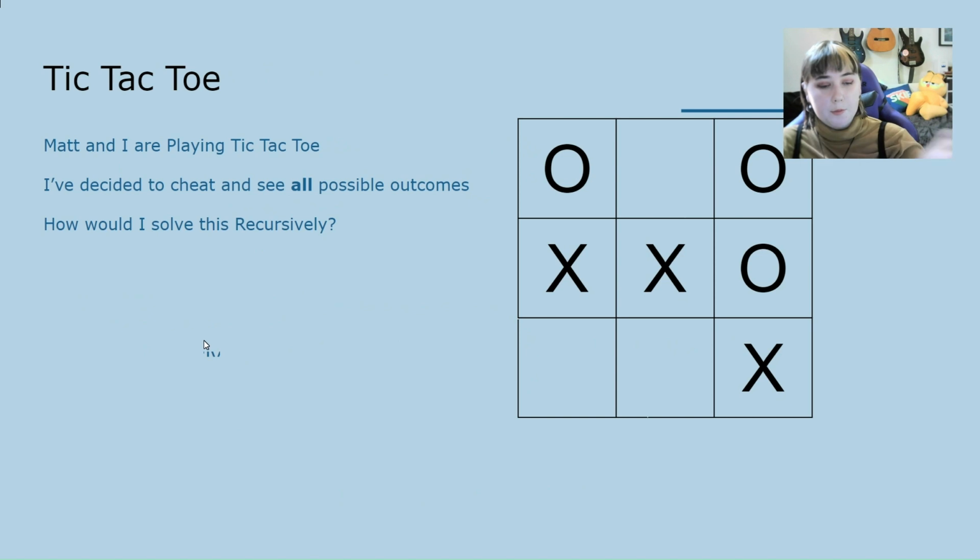I've decided, this is our board so far, I've decided to cheat and see all the possible outcomes, and how would I solve this recursively? So we're going to write a bit of an algorithm using recursion to have a look at how I would do this. So in this case,